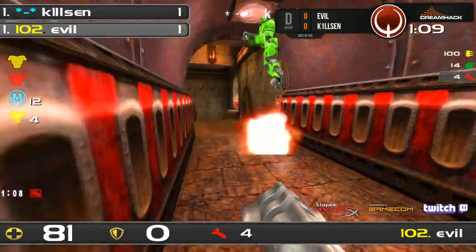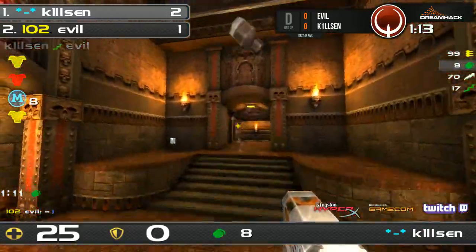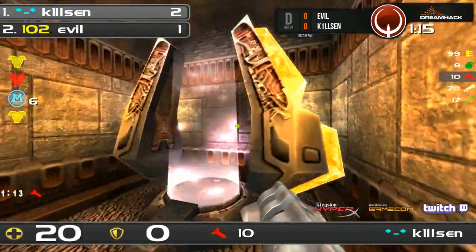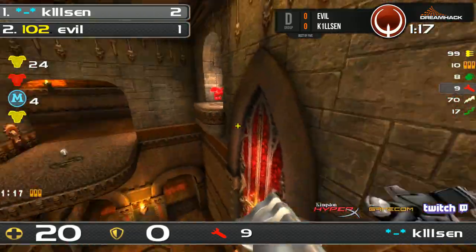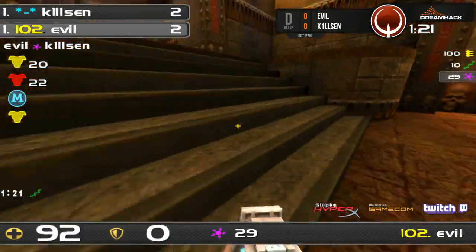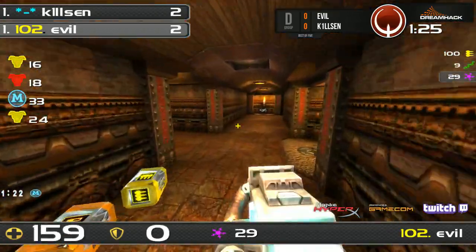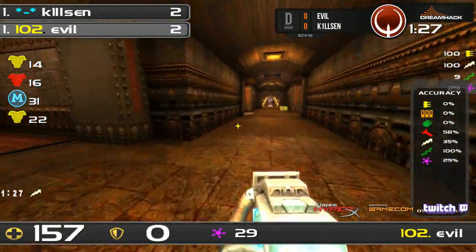K1llsen coming in aggressive, doing the Sparty, I think is what we'll call that now, as he will actually find the frag doing it as well, just 22 HP, not enough health to grenade jump up, instead going to take the teleporter. I did hear Evil buy that up in yellow armor, and he's got mega health coming up, the plasma, fantastic. 2-2 all tied up, a good railgun as well,